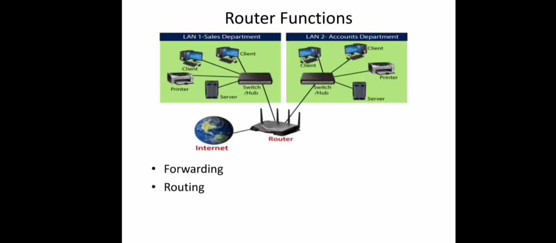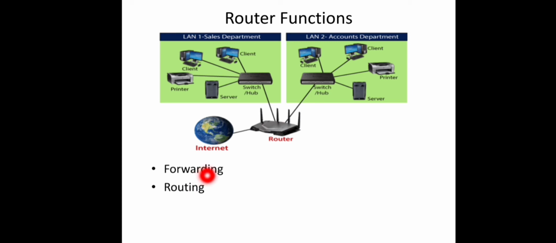So you can see here there are two different LANs, LAN 1 and LAN 2, which are connected through this router to the internet. Okay, so this internet contains a very large number of different types of networks into which our system is connected using this router. And we have seen the different routing algorithms and all, how this routing procedure is done, right? So a router has to perform two different functions. One is forwarding and the second one is routing.